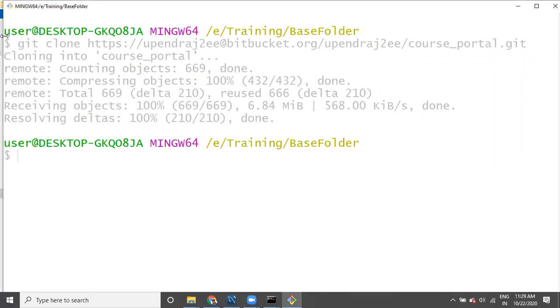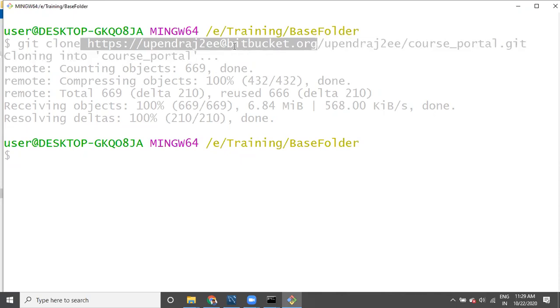I have to use this clone command. This URL is going to be provided by the manager or configuration manager, somebody like the TL, along with credentials, username and password. Whenever you hit it the first time, it will prompt you for the username and password. I have given the username and password for you for these Bitbucket credentials, guys. You can use them. Previously, when we were working with configuration management, at that time itself I provided them. So you can use the same username and password.